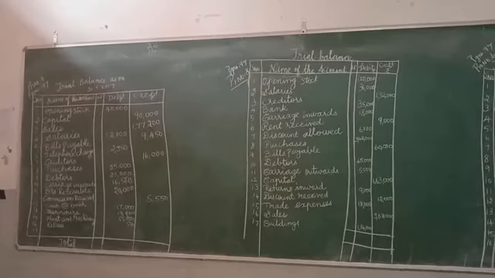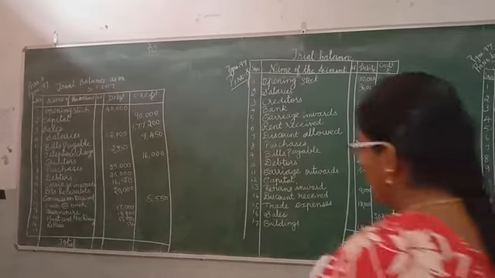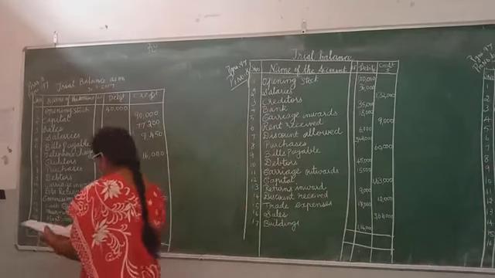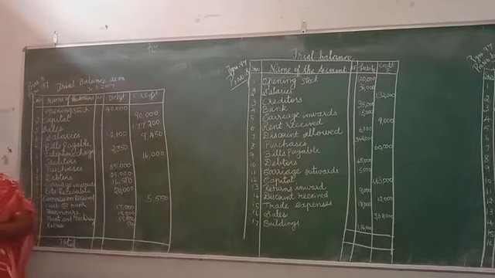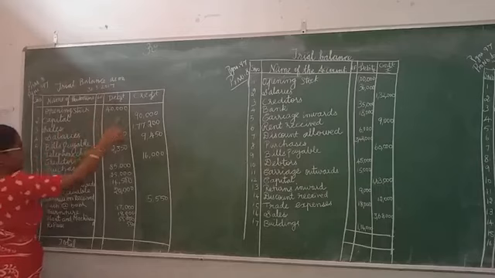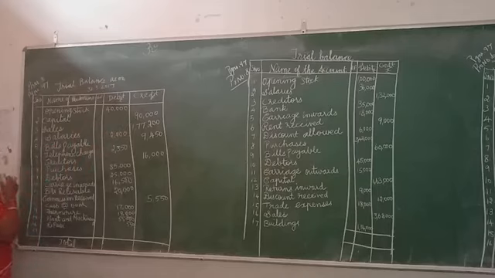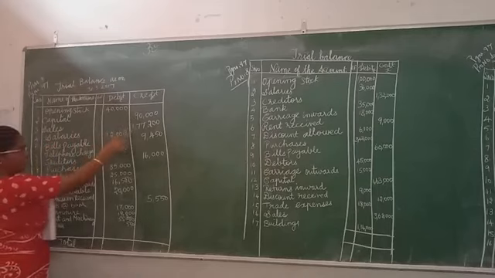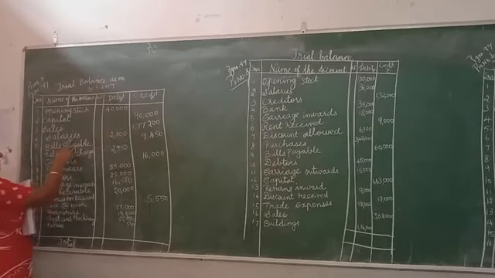Listen, problem number 8. You can go through the sum. What they have given: trial balance as on 31st March. What they have given, all the entries. So what you have to do: the opening stock is a debit balance, so I have debited it. Capital, it is a credit balance, so I have credited. Then sales account, it is an income, so I have credited. Credit all incomes and gains.